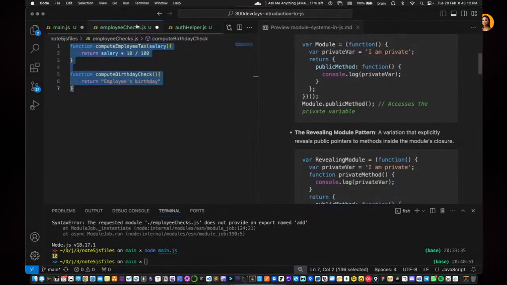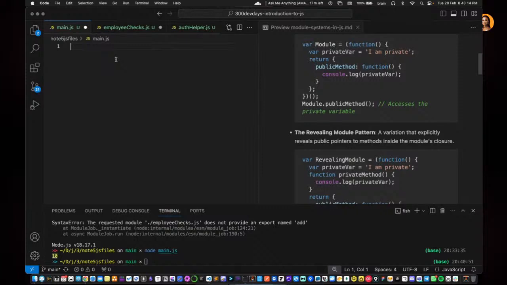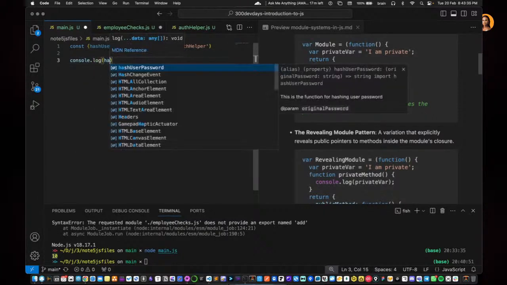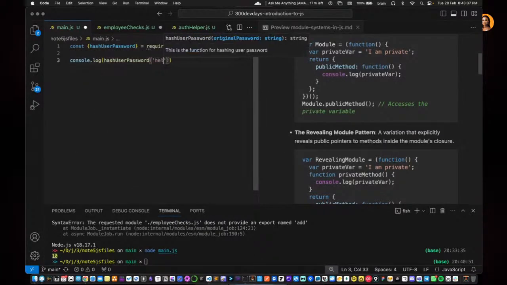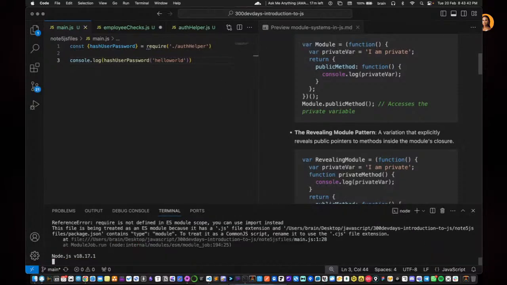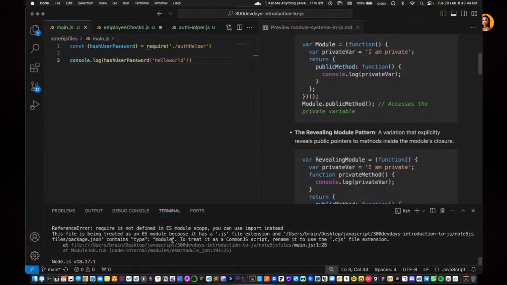Okay, so I'm going to try to import this now within the main.js file. So let's say we have const, and then I'm going to bring in those items, which is hash user password. Okay, let's bring in hash user password. I would say equals require auth helper. Okay, so let's go ahead and see if I can simply say console.log hashUserPassword, and let's just pass in a password, hello world. All right, so if I should run this, what do we get? Okay, so we have an error. It says require is not